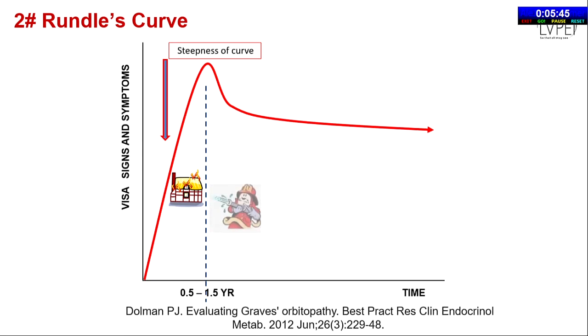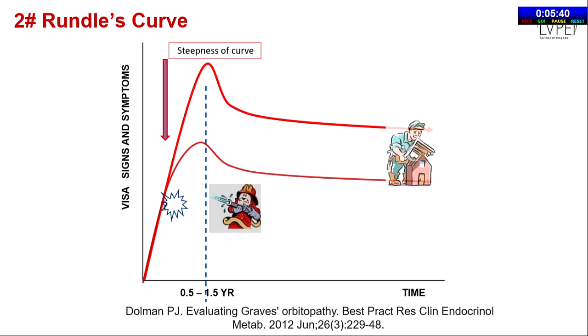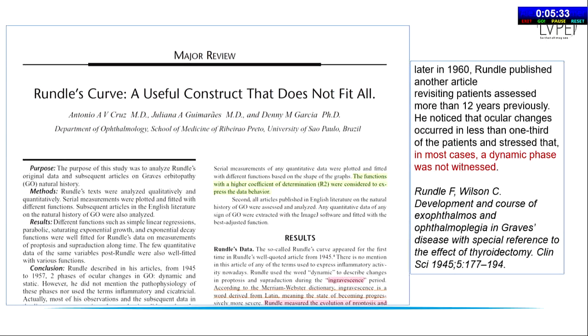Now, Rundle's curve in thyroid eye disease is like a religious dogma. And actually, we all talk about it. But I just want to bring in one new thing which is brought out in this recent report from Dr. Cruz. He brings out where exactly it started from. Essentially, this was based on a series of articles from 45 to about 50, and several articles came out. But the key thing was there were only 12 patients and 24 eyes that we are talking about.